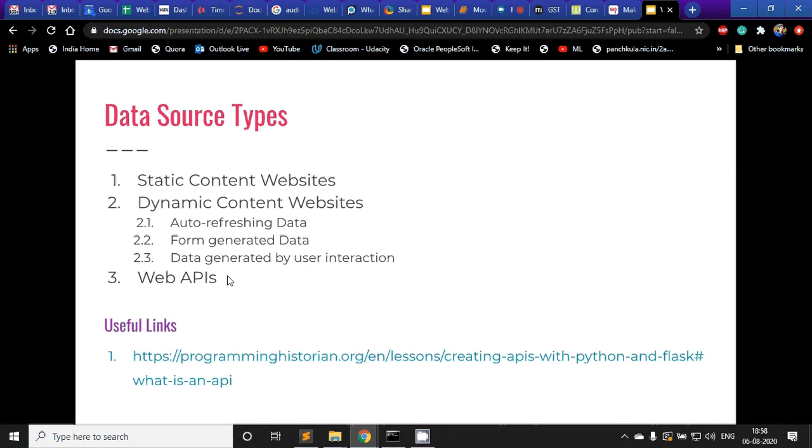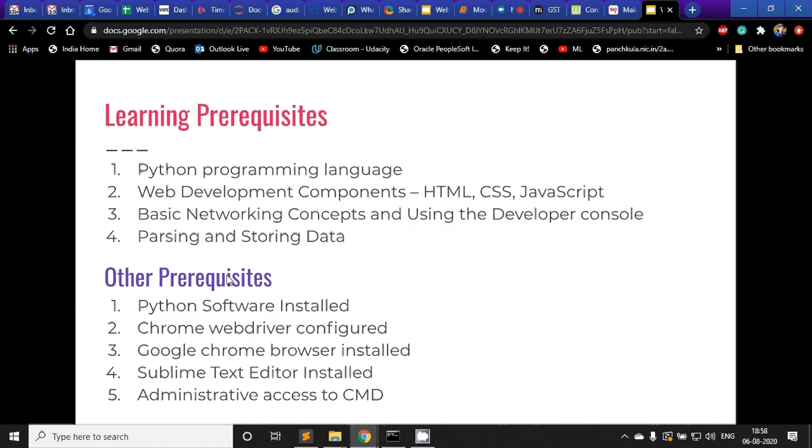Okay, so let's see what we would have to know before we start getting deep into this tutorial course. Firstly, we will have to learn some basics of the Python programming language. Python is a multi-purpose high level programming language.